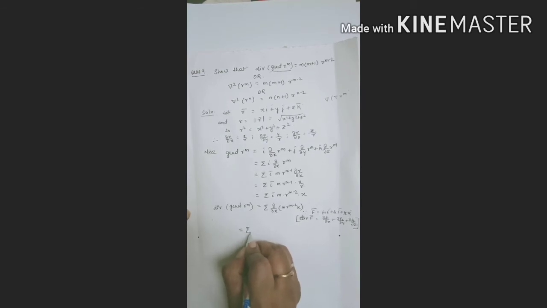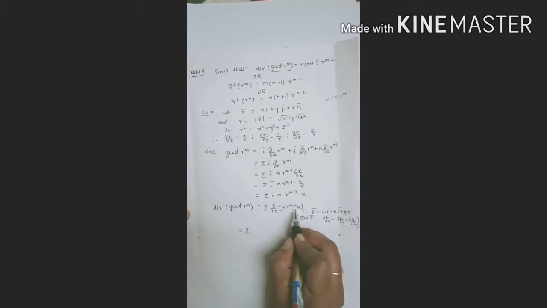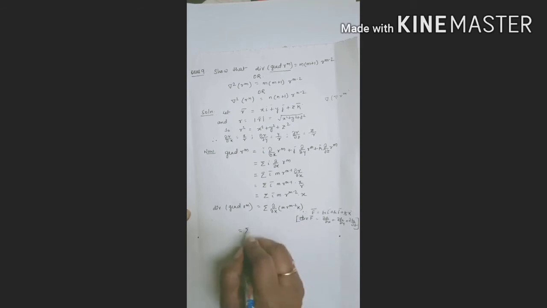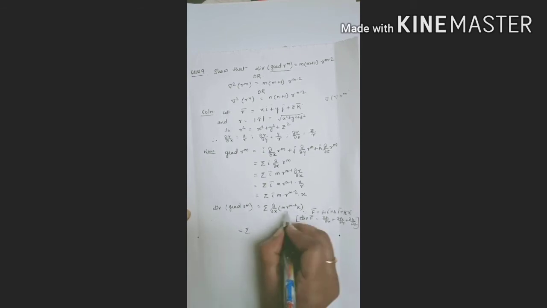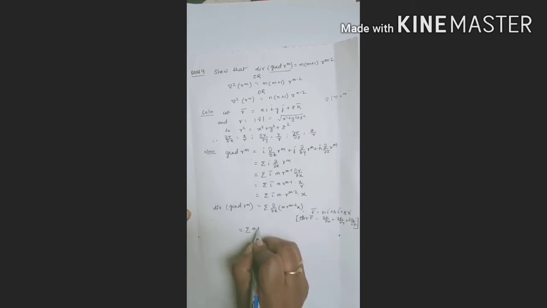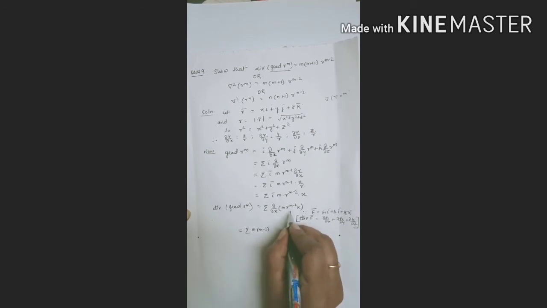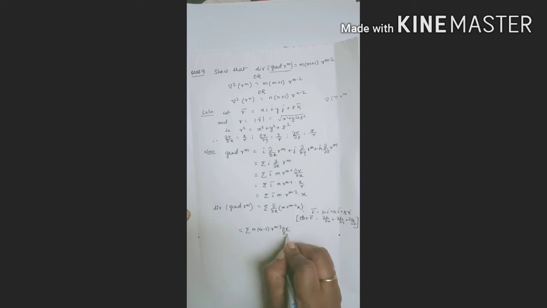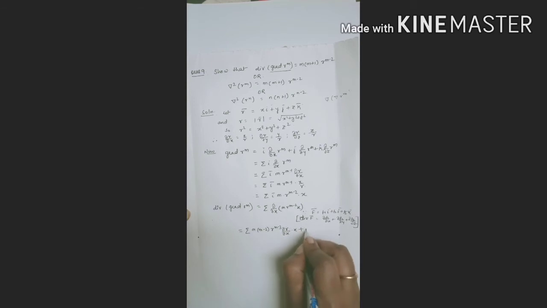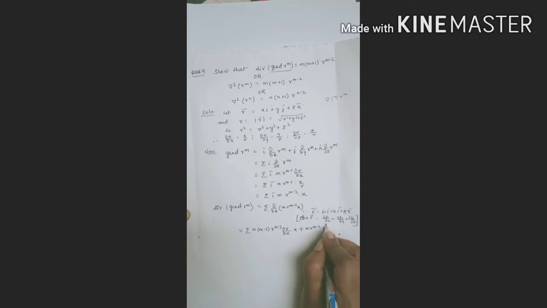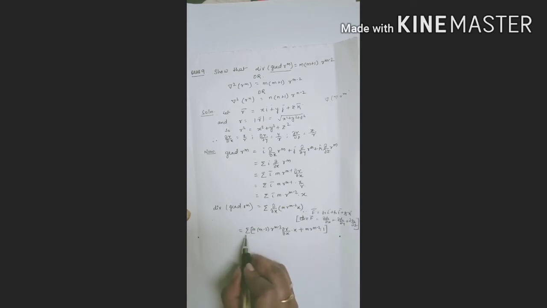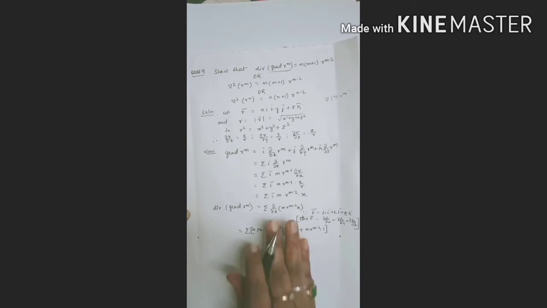Now see, this is a product of two variables, r and x. So let's see the derivative; first I will do with r. So m minus 2, r to the power m minus 3, del r by del x, x as it is, plus m r to the power m minus 2, derivative of x will be 1. See, I am keeping the summation and I am doing it only for x. The same will be done for y and z.